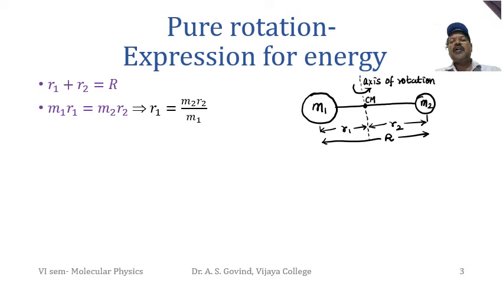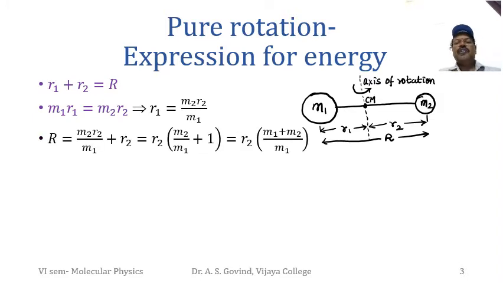And now, by the law of moments, by the definition of center of mass, because it is closer to the heavier one, this mass into this distance is equal to the second mass into second distance. So m1 r1 is equal to m2 r2, and by cross multiplying we get r1 equals m2 r2 by m1. So now I have shown these important equations in purple color. So it is enough to remember those so that you can simplify it further.